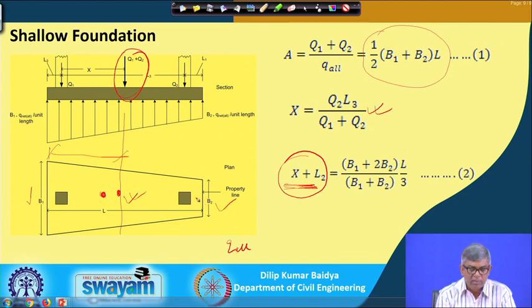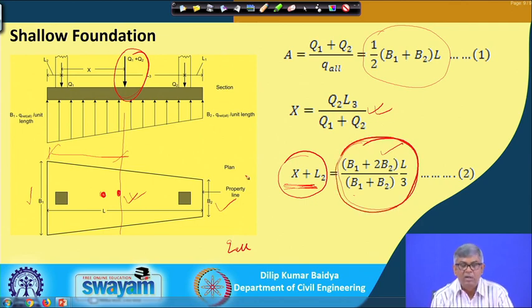of this area in terms of B1, B2 and L. In terms of B1, B2 and L, the CG of the trapezoidal area from the left side is given by the expression (B1 plus 2 B2) divided by (B1 plus B2), multiplied by L by 3. So, this is the theoretical CG in terms of the unknowns B1, B2 and L from the area, and this distance I can also get from x